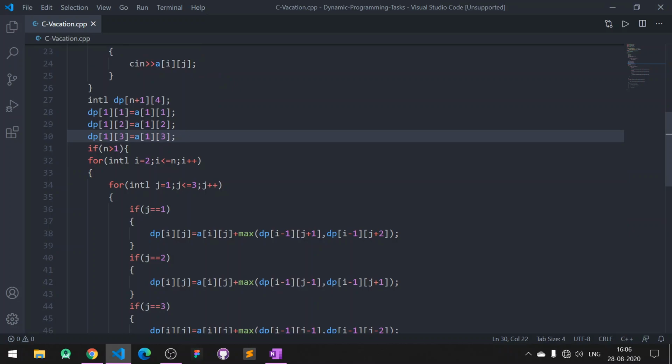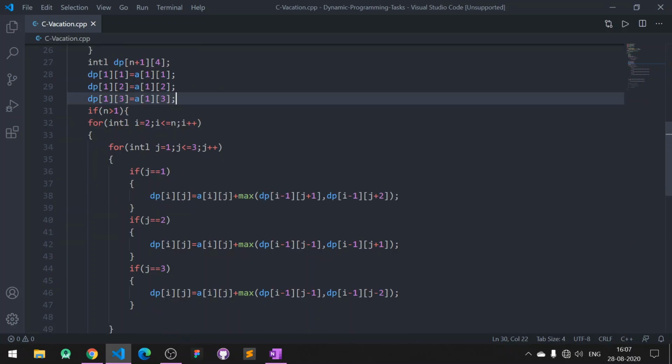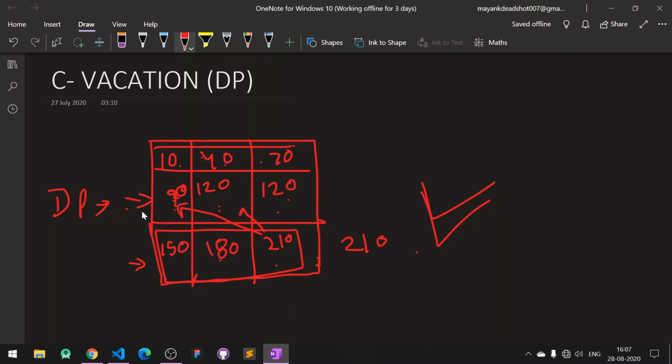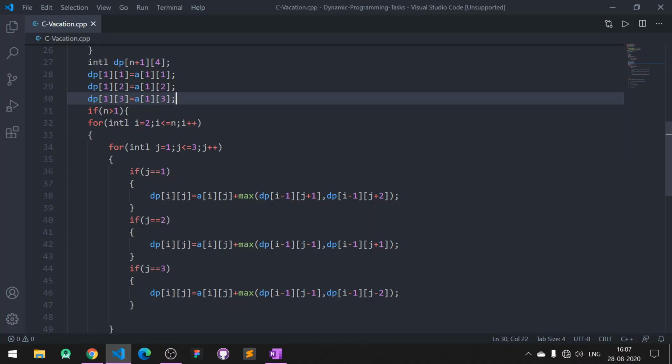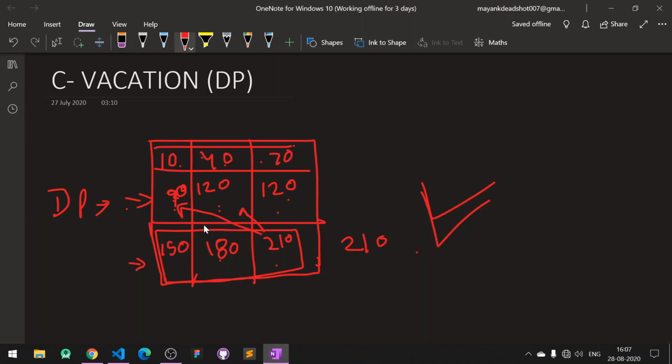Now if n is greater than 1, then we start from the second row, as we started here. For every column we check: if the column is the first, we cannot come from the same column above, the consecutive one.